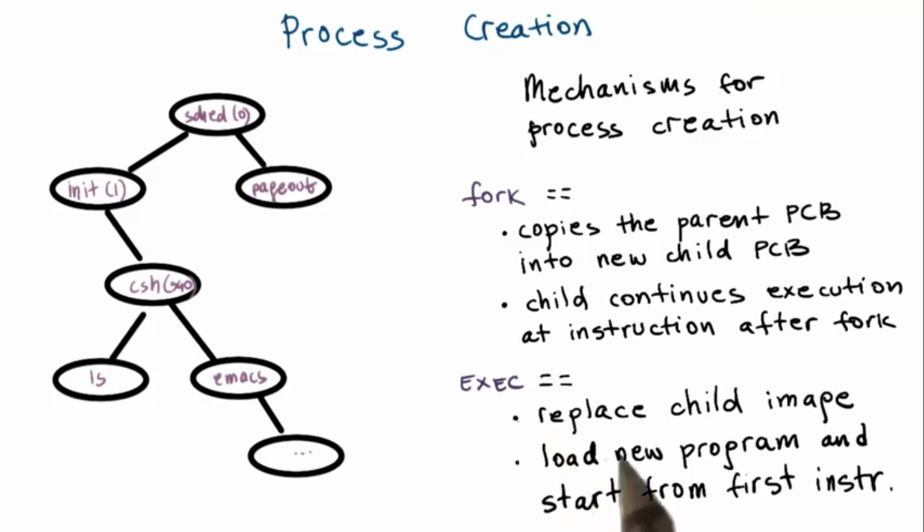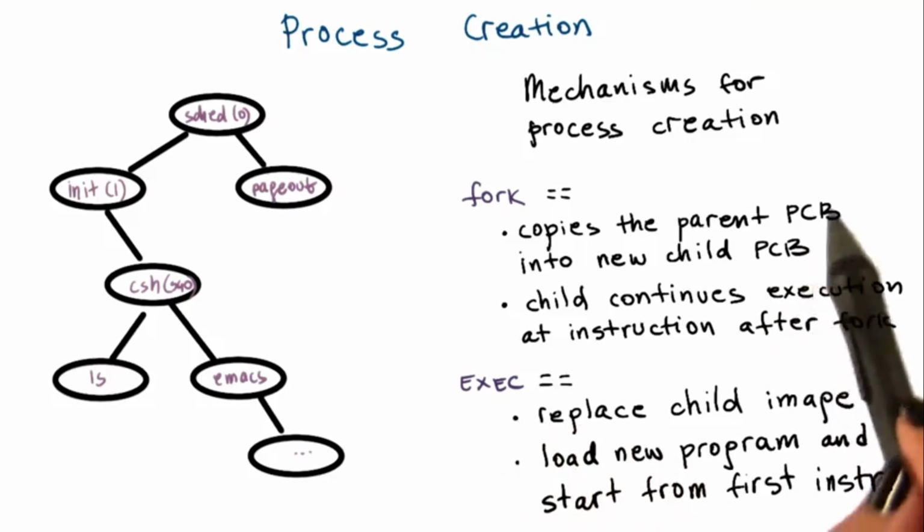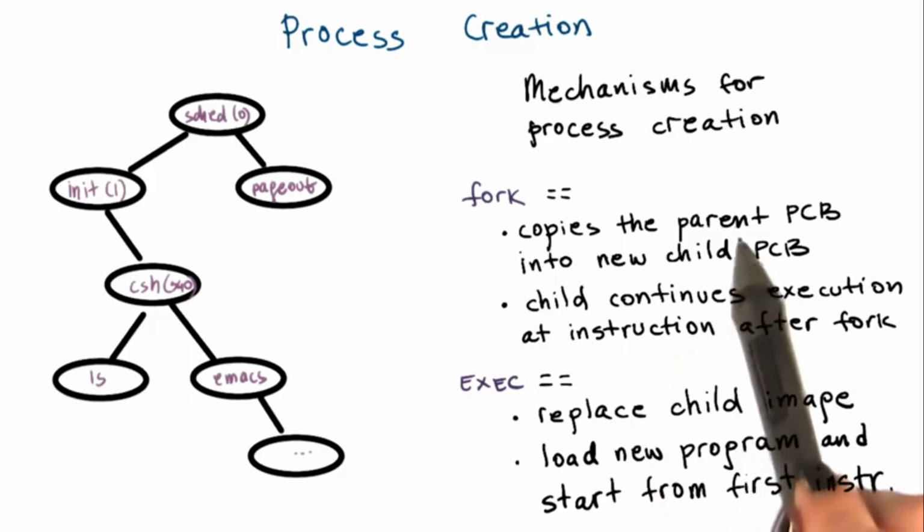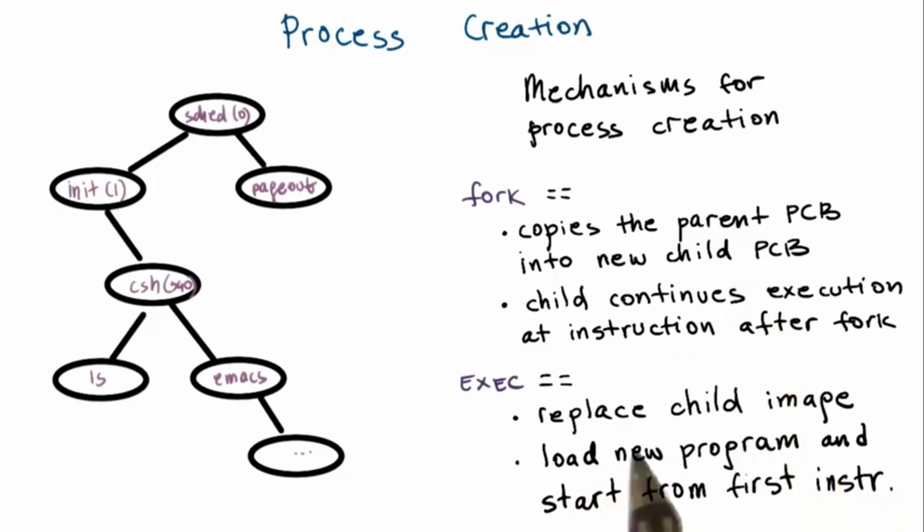Exec behaves differently. It will take a process control block structure created via fork, but it will not leave its values to match the parent's values, like with fork. Instead, the operating system will replace the child's image. It will load a new program, and the child's PCB will now point to values that describe this new program. And in particular, the program counter for the child will now point to the first instruction of